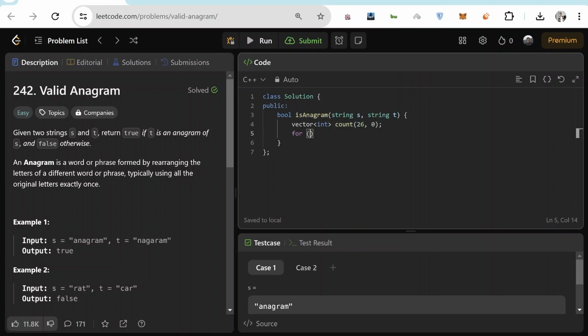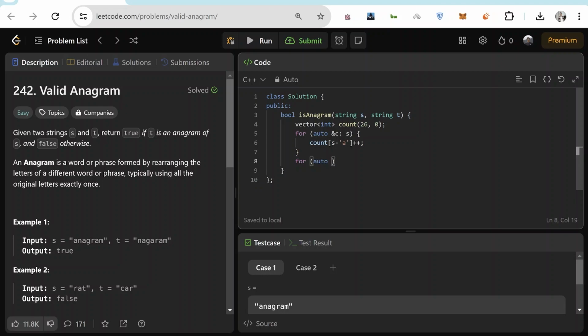Now we will move to each character in string s, and we'll increase the frequency of each character by 1 to store the count. And once we have the counts, we'll do the same for the second string as well.